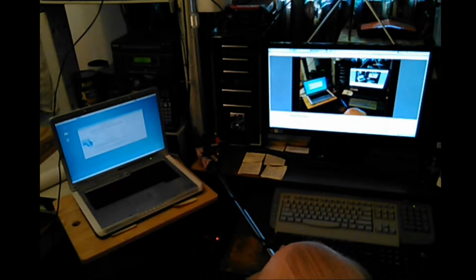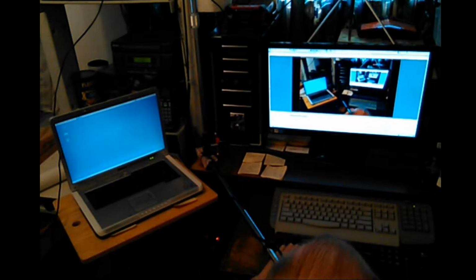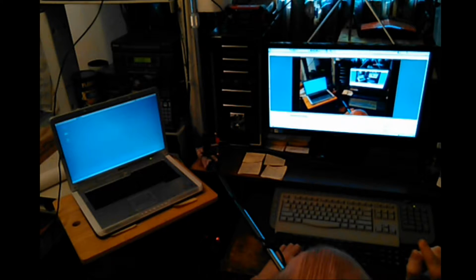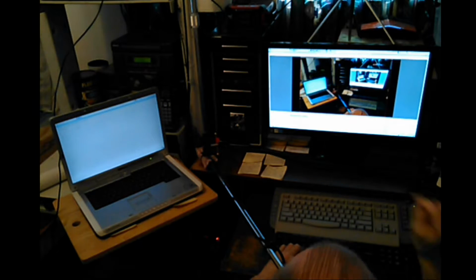Okay, so 10.105. I'd already forgotten. Yep, 10.105. So I'm going to have to, I guess before I even try, I want to get to the router and see if that's what my VNC port is forwarded to. Because I'm going to have to go from my D-Link through the TP-Link to the,